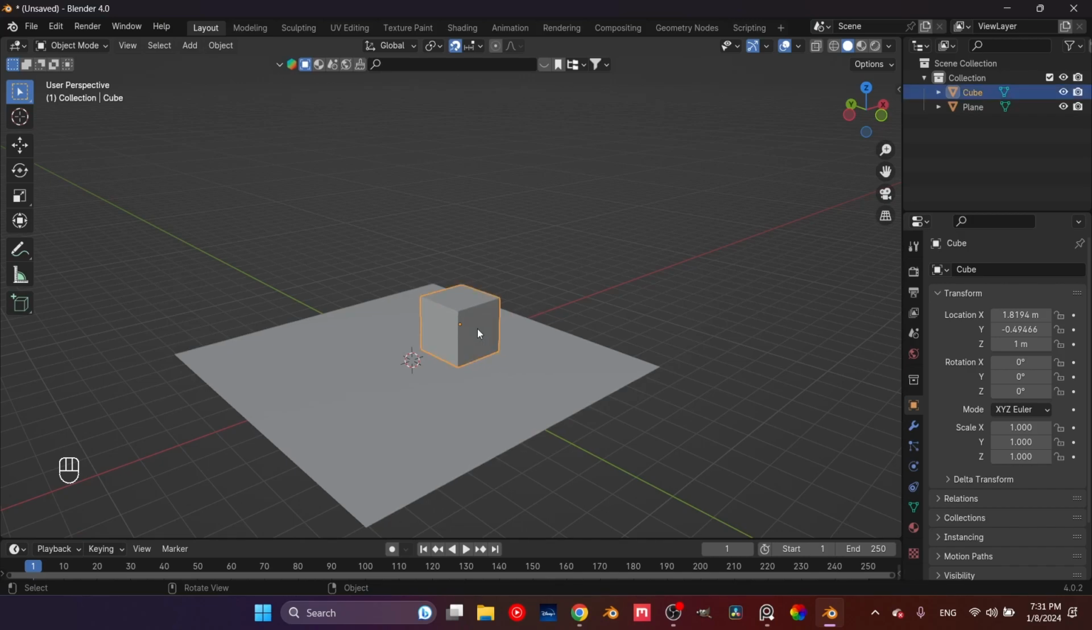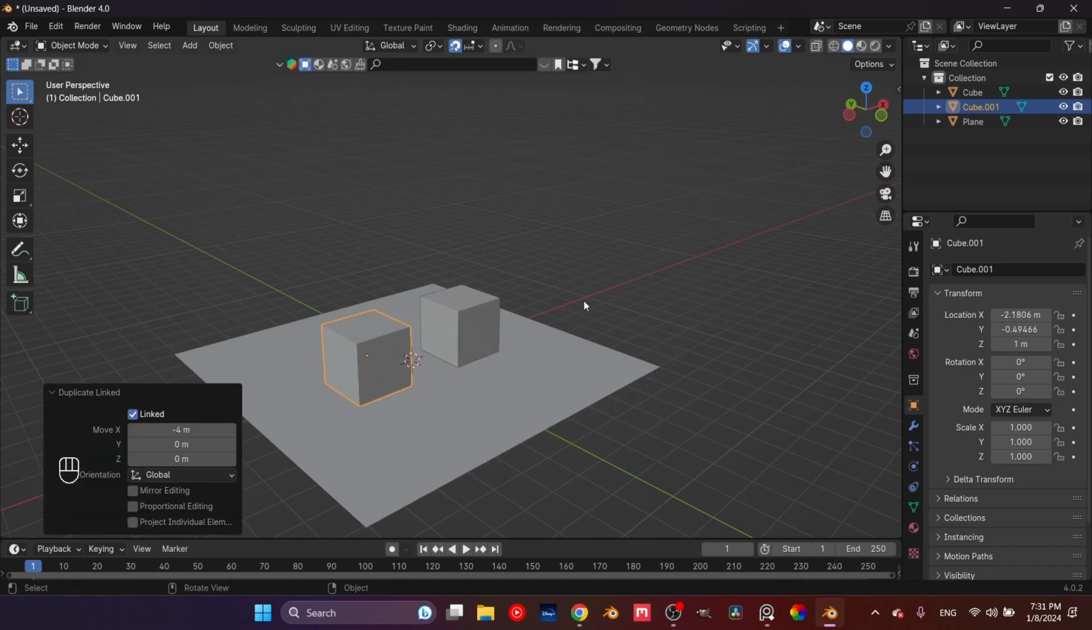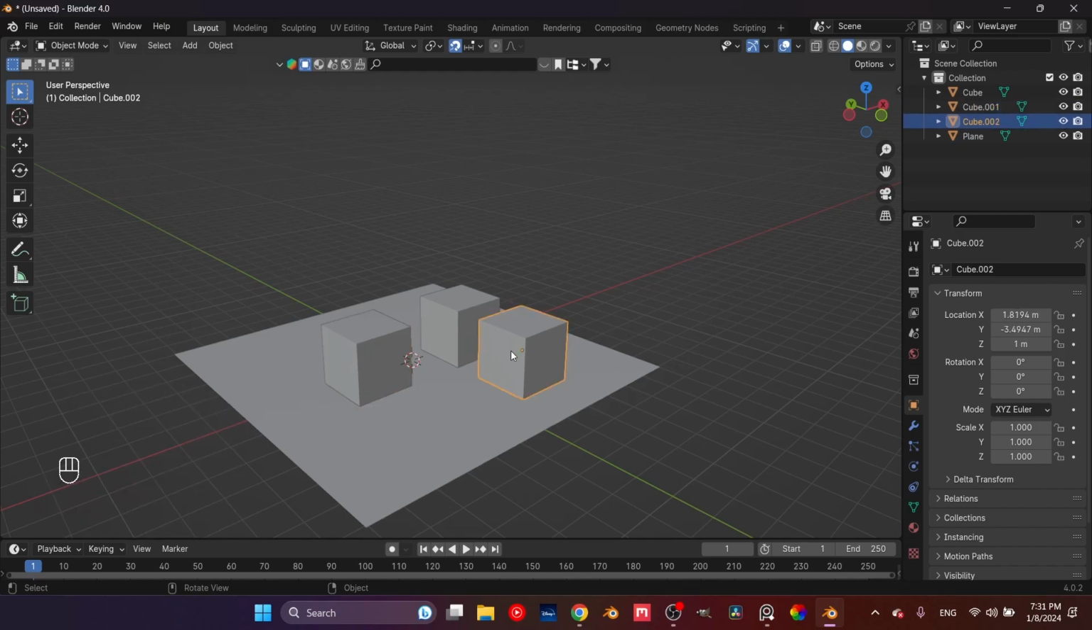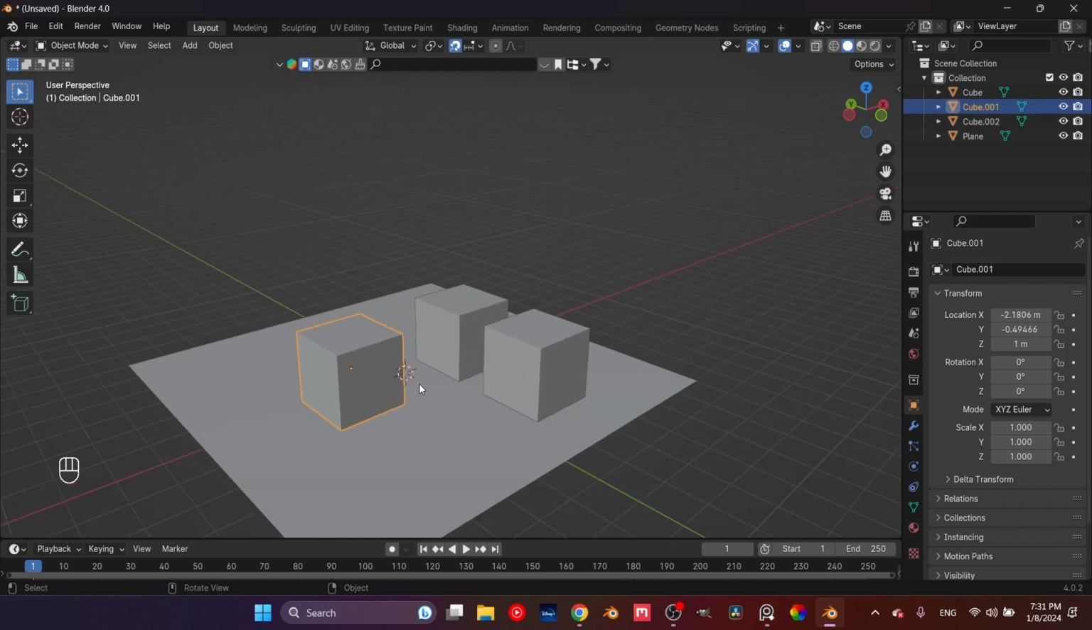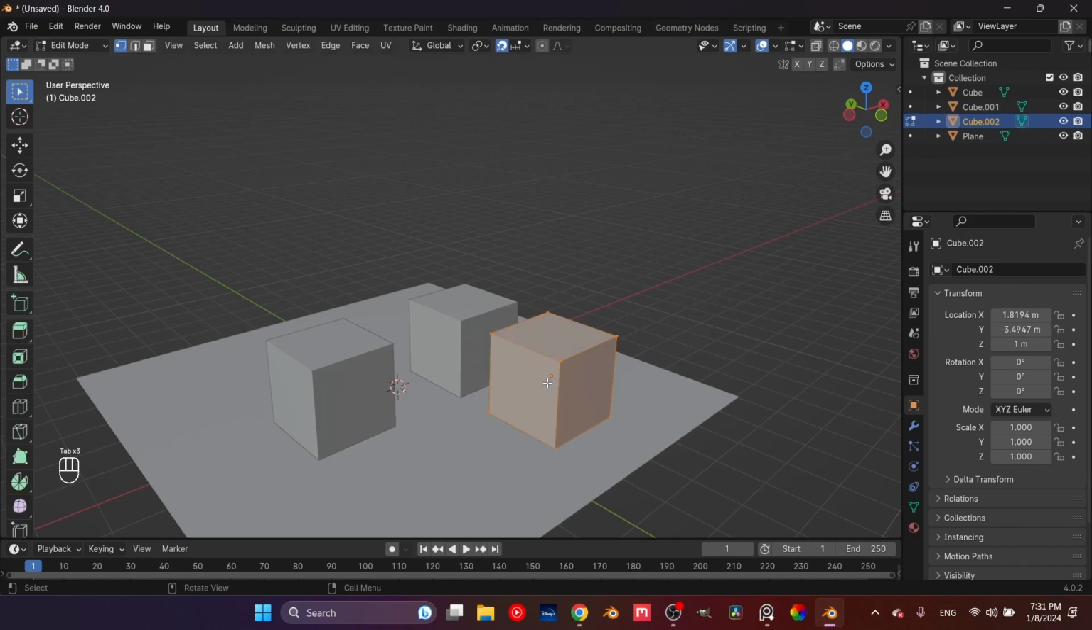Now, as I said, you have the Shift D option, but you also have the Alt D option, which seemingly does the same thing in the beginning. So you might ask yourself, what's the difference really? We have an Alt D and a Shift D one. What do we do? Now, what happens is when you go into edit mode